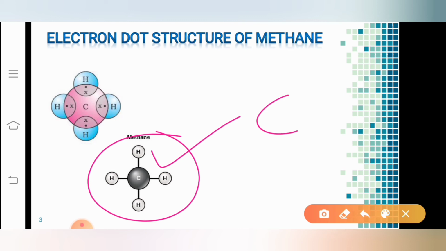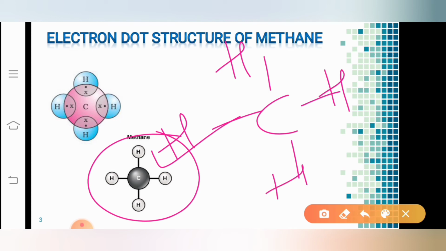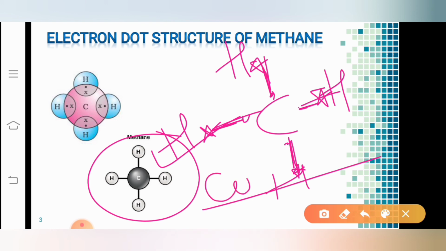Clear? So if we write the general structural formula for methane, it looks like this. See, CH4: 4 atoms of hydrogen, 1 atom of carbon. And you should know that 2 electrons refer to one single bond. Here we have written the electron dot structure before. When I was writing it, I wrote 4 electrons for carbon, and for each hydrogen I wrote 1 valence electron. Thereby it created bonds. Which bond is it? It is the covalent bond. The bond formed is the covalent bond. Clear?